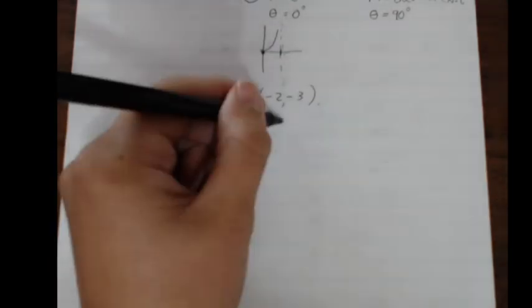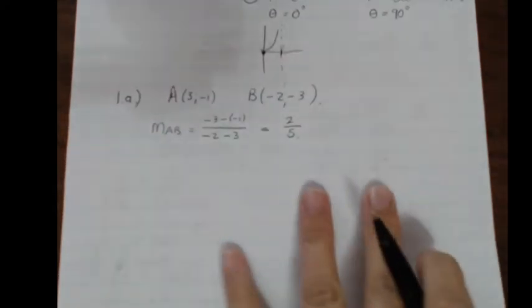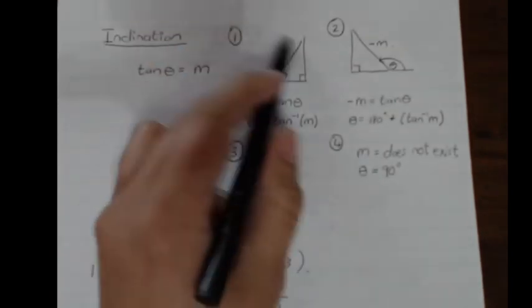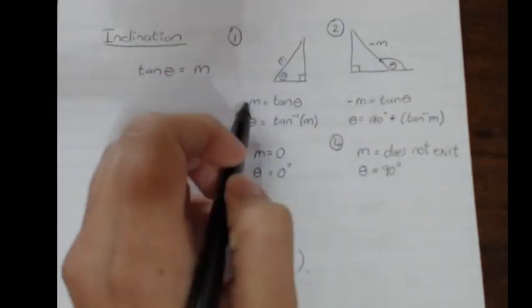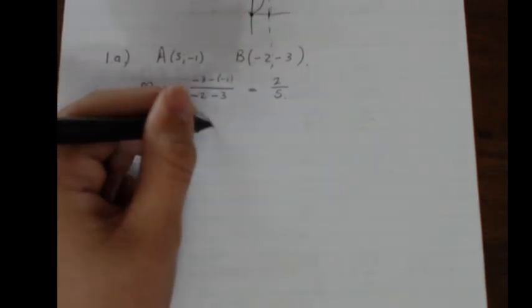-3 plus 1 is -2 over -5, which is +2 over 5. So I get 2 over 5 as my gradient. This is positive, which means I'm looking at scenario 1. Positive gradient, I can just make tan theta equal to the gradient, which is 2 over 5. So tan theta is equal to the gradient 2 over 5, and then I'm going to use my calculator to